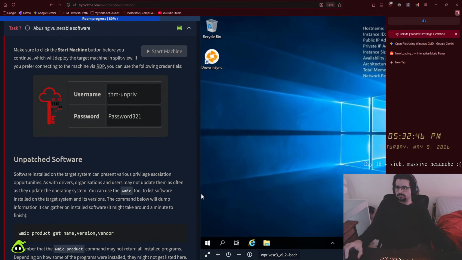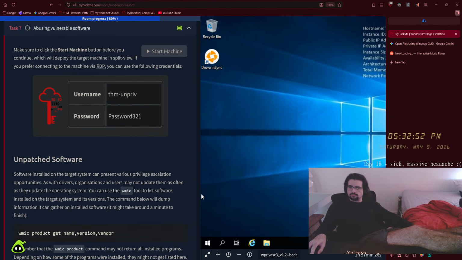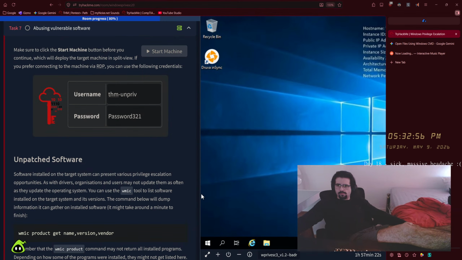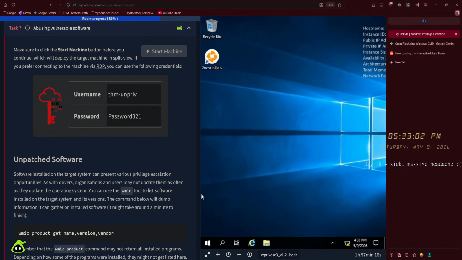Remember that the wmic product command may not return all installed programs. Depending on how some of the programs were installed, they might not get listed here. It is always worth checking desktop shortcuts, available services, or generally any trace that indicates the existence of additional software that might be vulnerable. Once we have gathered product version information, we can always search for existing exploits on the installed software online. Sites like ExploitDB,